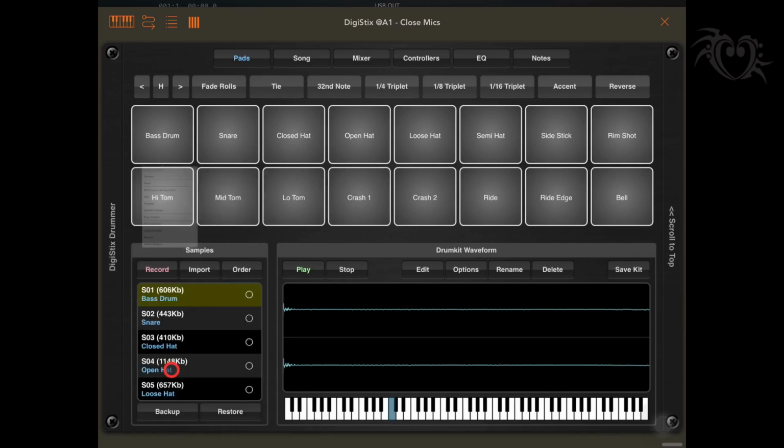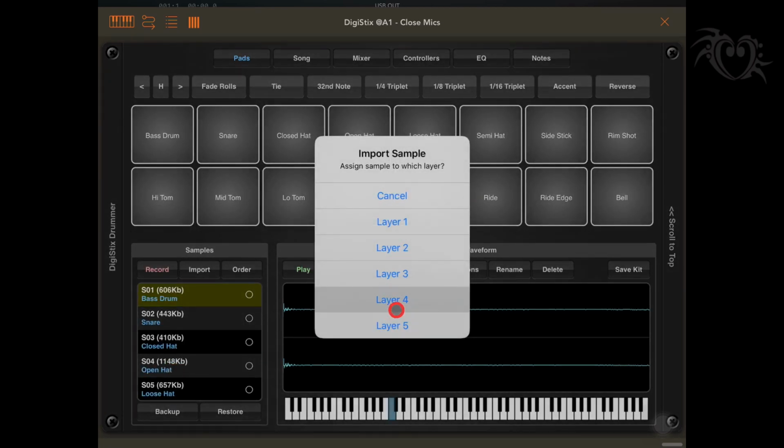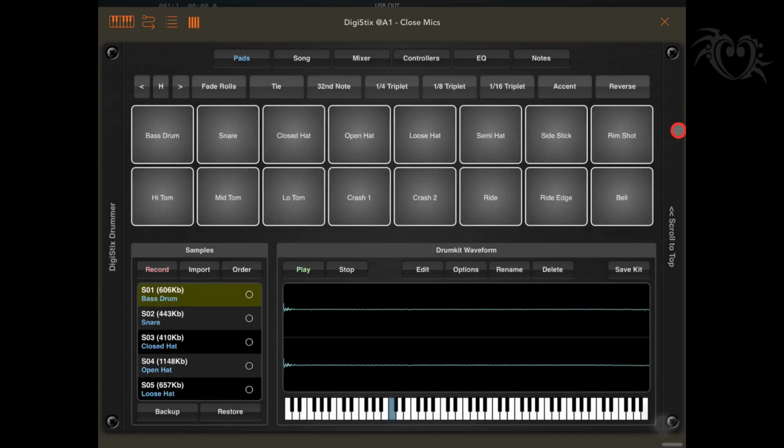You go to import sample and then it gives you a list of the 5 available layers. So then you just click on the one you want and then it takes you to the file browser where you select your sample. Once you've selected your 5 samples and loaded them into the pad, you simply press and